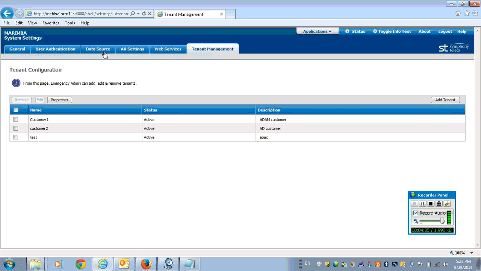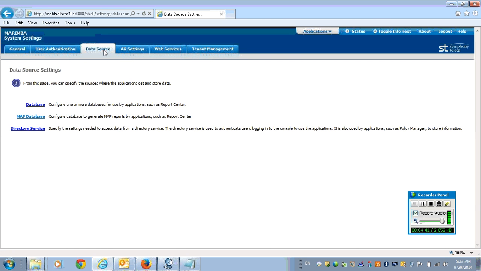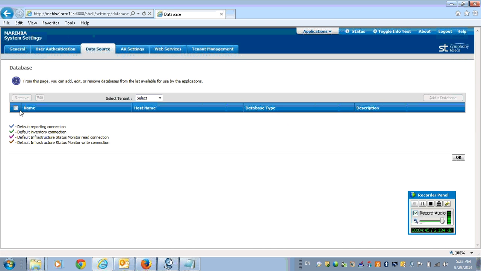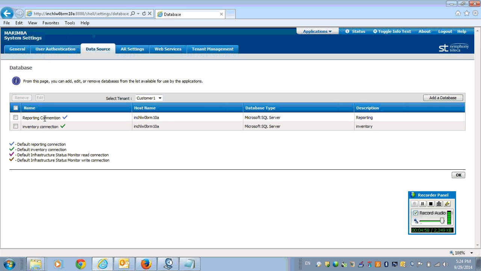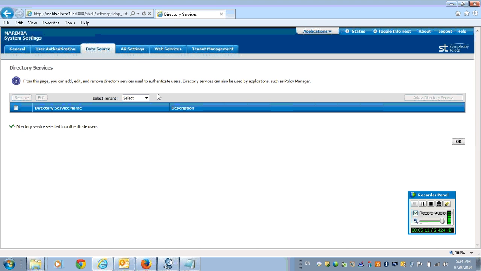Also, you can navigate to the data source, under which you can edit the settings configured through the tenant management page. If you go to the database, you can still configure the database or edit the existing database connections for the selected tenant. Here we have provided a drop-down to select the tenant. If you select a tenant, the active DB connections will be displayed. You can configure more than one database connection, and at a time one connection will be active. Similarly, you can configure the directory service by selecting the tenant,